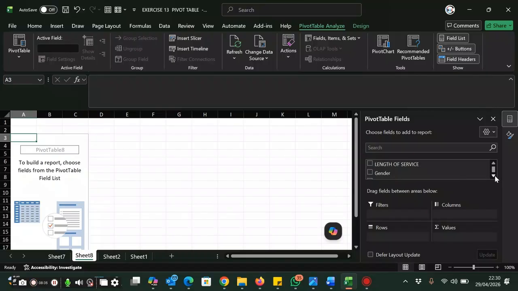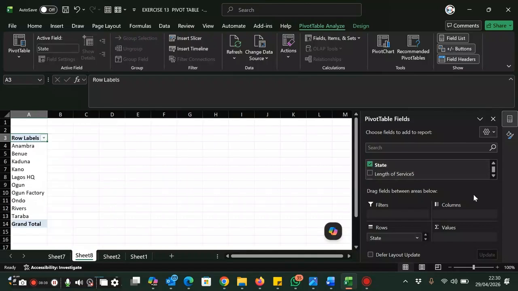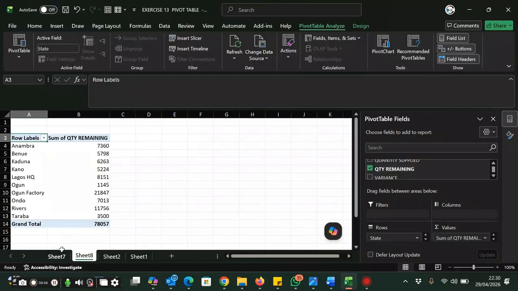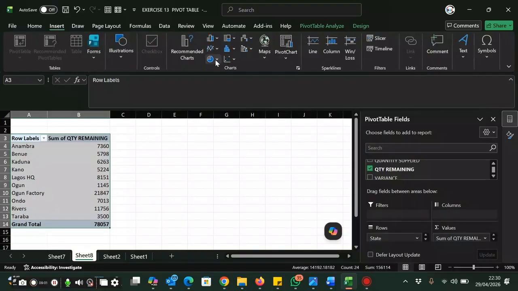So let's go down to where we have our state. There it is, state. Then we'll look for our quantity remaining. Quantity remaining. Here we have it, quantity remaining. So that is the table of state by quantity remaining, which we can then use to generate a chart for report purposes. Insert